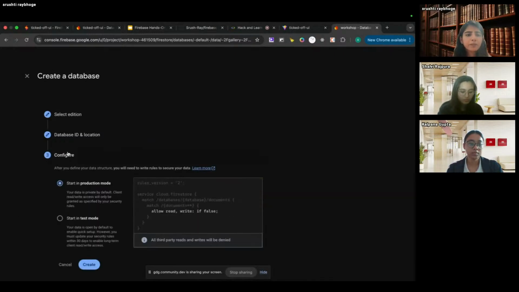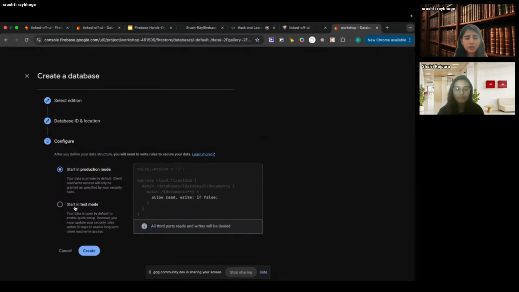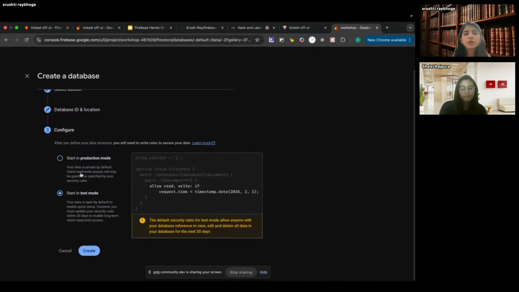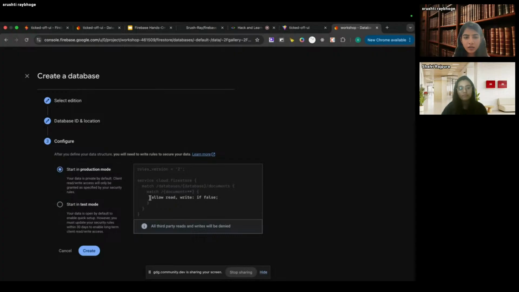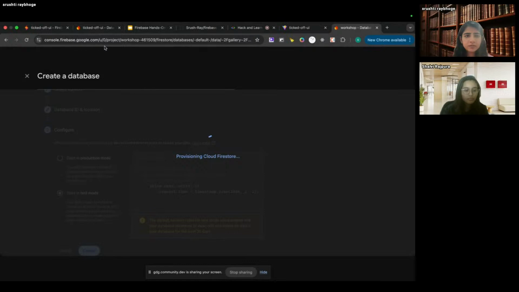click next. Now here, when you're not working in production mode, you go into test mode. If you're working in production mode, you see there is read and write access to everything. I don't want to do this. Right now I'm just working on a few functionalities, so I'm going to use test mode. In test mode, there are some rules saying you can do everything until a certain time. And then just click create. So once you click create,